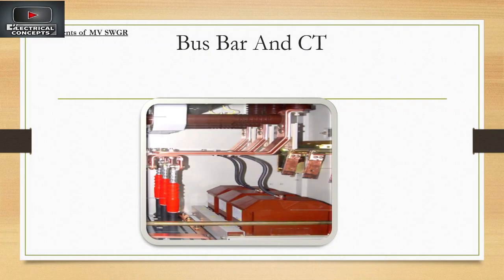The next is the bus bar and CT compartment. From the back side and top of the MV switchgear, there is a continuous bus bar and CT. These are the CTs and post insulators. When each feeder is placed next to each other, these are easily connected to make the continuous